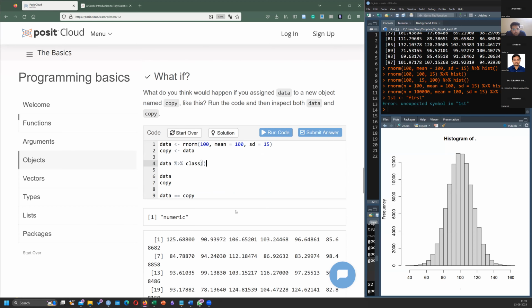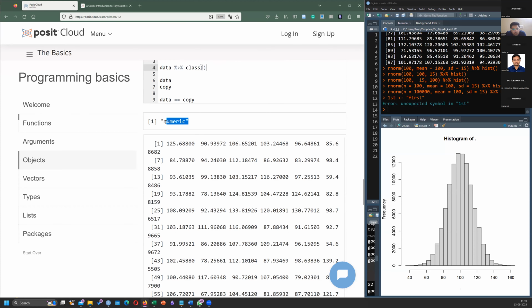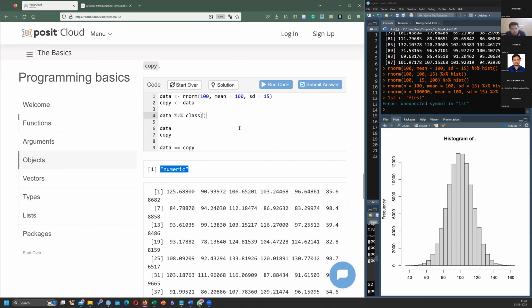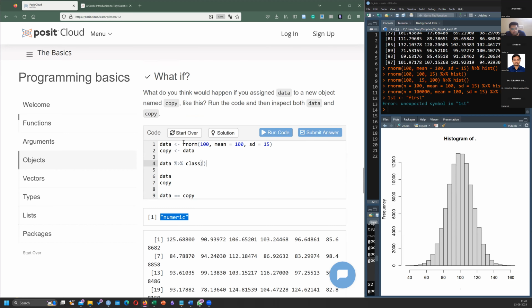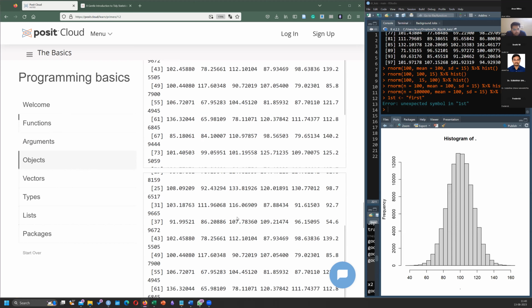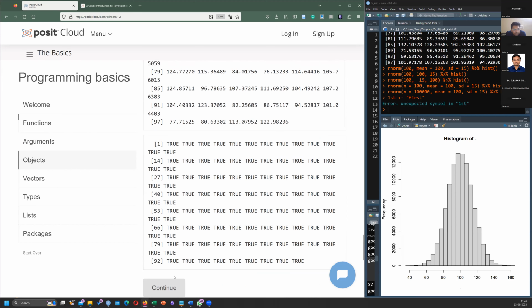It says data is numeric. It's not a data frame, because you are asking it to randomly generate a vector of 100 numbers. So we'll come to vectors, I guess. That's what they're taking us through anyway.